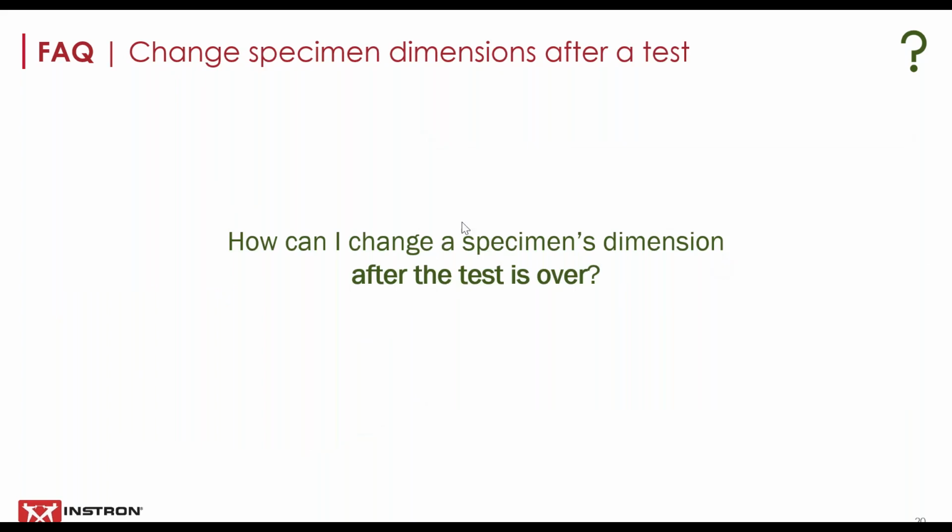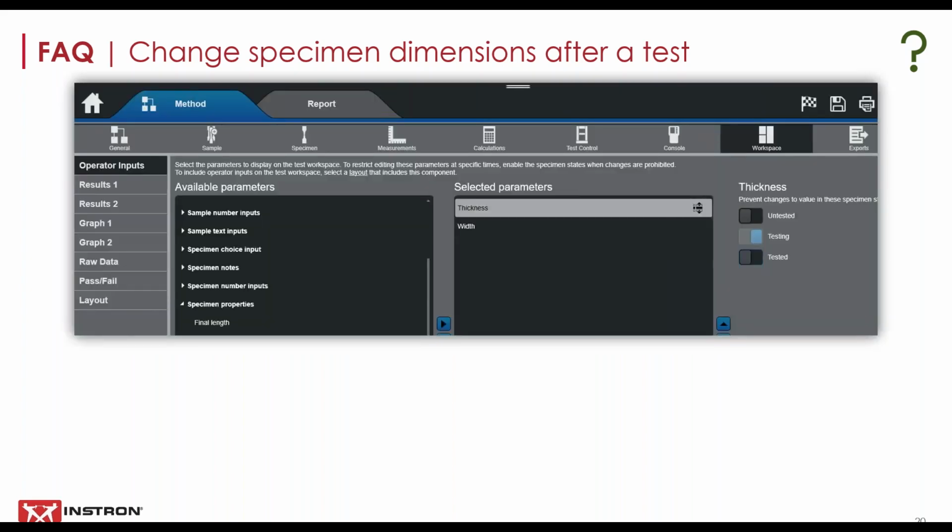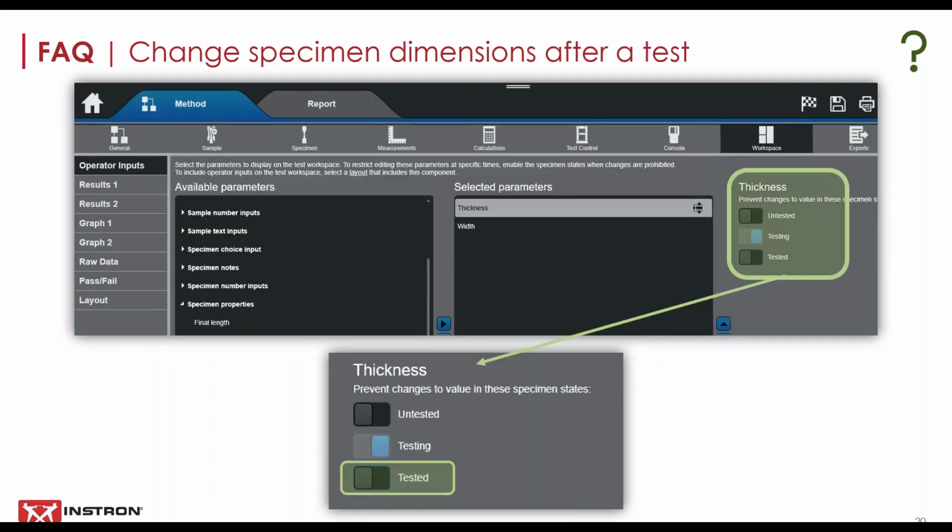Another common question is how to change dimensions after a test has been run. It can be easy to forget to enter dimensions, especially if you're not using workflow. And depending on how your method is configured, operators might be locked out from entering dimensions after a test. If you want operators to be able to edit parameters of tested specimens, the operator inputs can be modified to